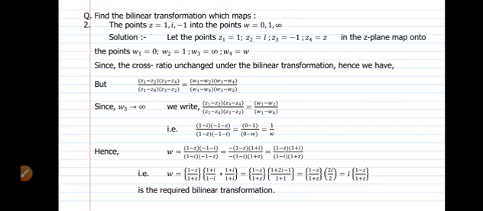So this is the bilinear transformation required for the given 3 points in the z plane which are mapped onto the new 3 points in the w plane. So in this way you can find a bilinear transformation. This is very important as far as university exam is concerned. There will be surely one question based on this topic of bilinear transformation. So try to solve many more examples of such type and be confident